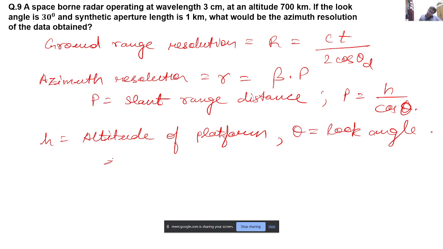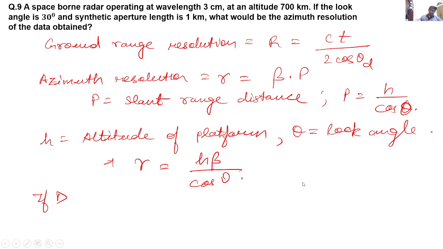Okay, so this gives us that R is equal to H beta by cos theta. If D equal to the antenna length,